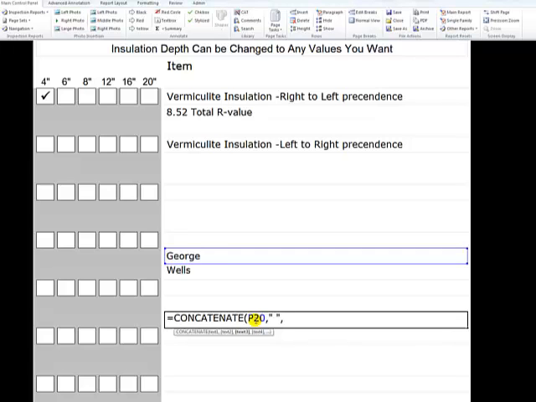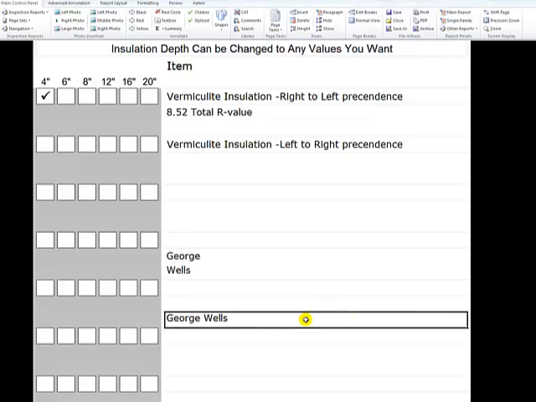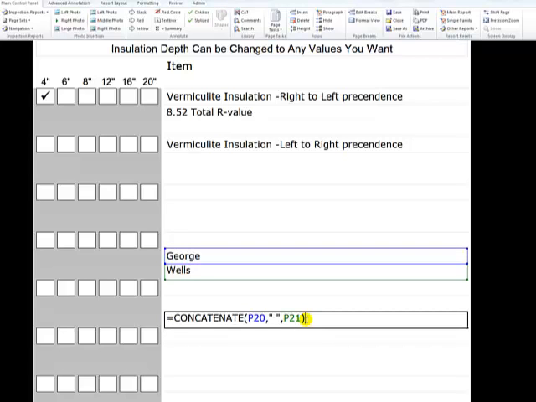That's what I was talking about, a third item to concatenate, a second comma, and then finally I will click on where my last name is, and you'll see it puts that value for me. I just close the formula with the parenthesis,